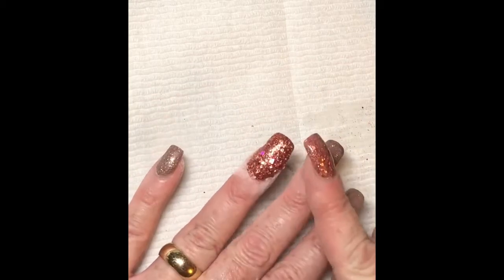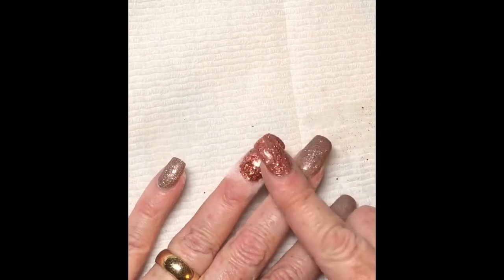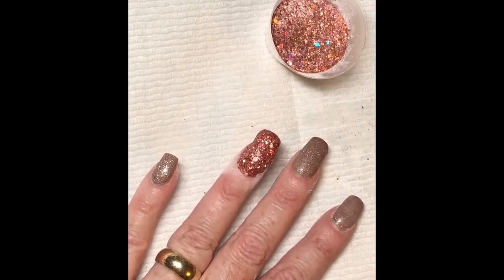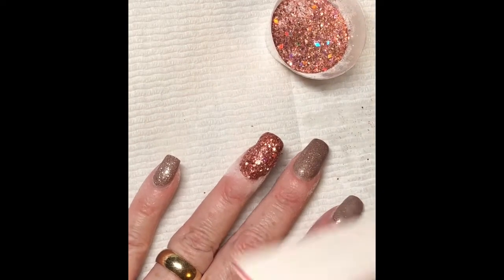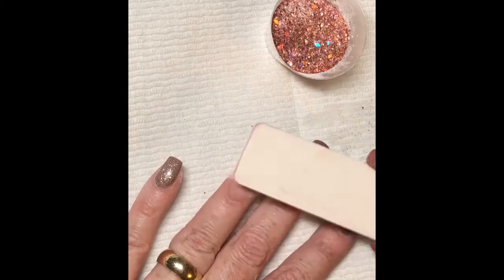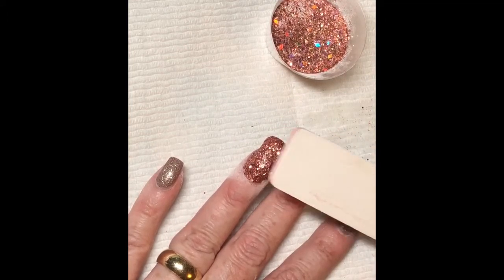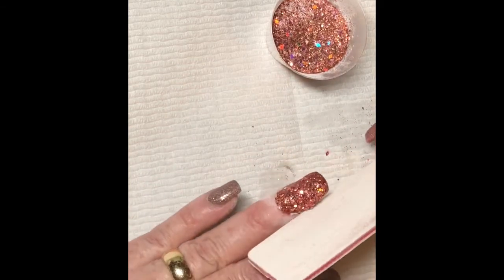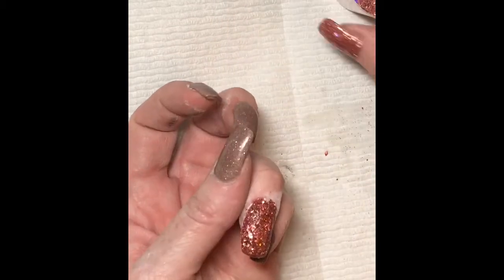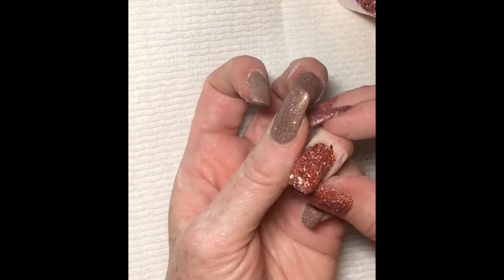So, like I said, with the glitter, you're going to have a nice chunky texture. So unless that's what you're looking for, you're definitely going to need to file. But feel free to file as you need to get it smooth. I wouldn't recommend using anything rougher than a 180 grit file, because that'll almost remove the glitter you have on there. It's just a little bit too rough. So I use a nice 180 grit file, something like that. So that's when you can go ahead. I'm going to turn my finger this way because it's easier for me to do it. You can see that. And then I'll pull this away